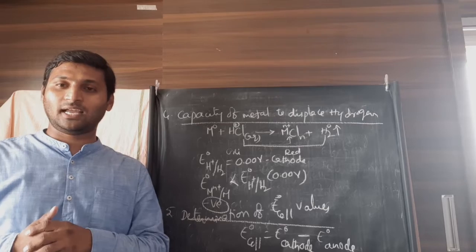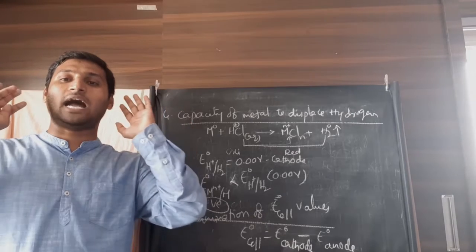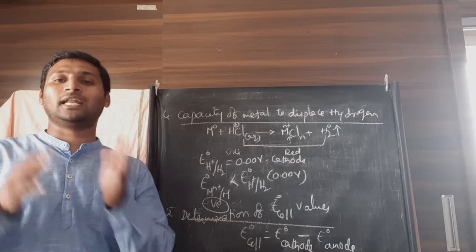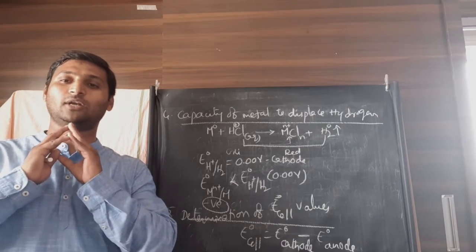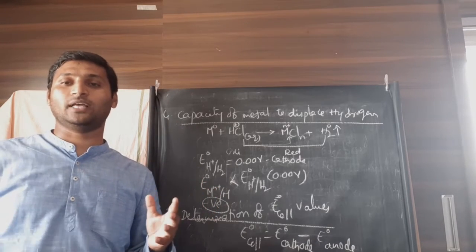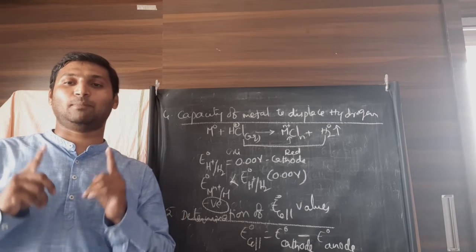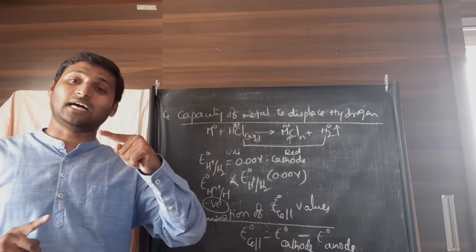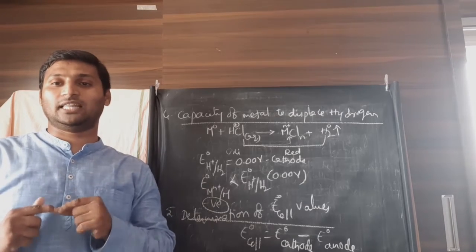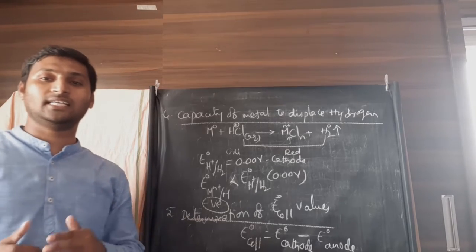That way, tell me, combination of which two redox couples from that electrochemical series gives you the highest cell potential? If you have answered fluorine-lithium couples, you are absolutely correct. F2/F minus coupled with the Li plus/Li couple would give you the highest cell potential, because fluorine has the highest cathodic potential and lithium has the highest anodic potential, that means the lowest electrode potential. That's why that combination would give you the highest cell potential.